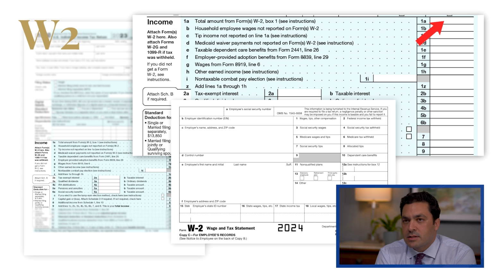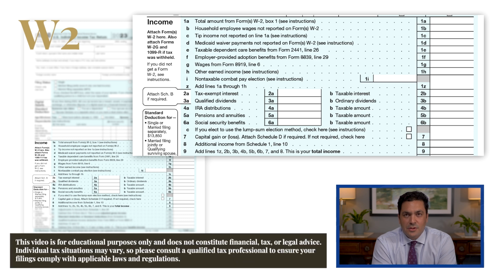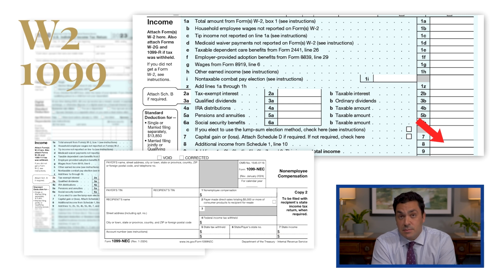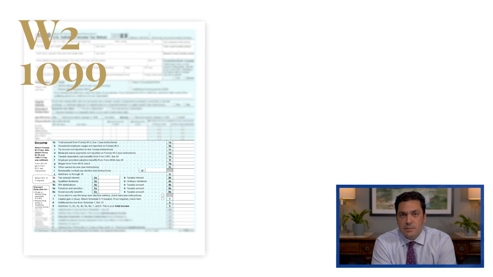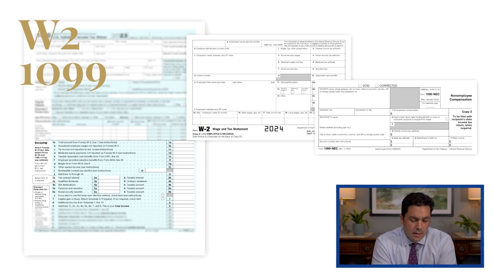If you're an employee, let's say you're the doctor and you're an employee at a hospital, you would have W-2 income. Now let's say you're also doing some doctor consulting on the side. You've got a private practice or you do just some at-home visits or something. You might have what's called 1099 income. This is income where you're not an employee, you run your own business, and taxes aren't being withheld, so you need to let the government know that you made this much income that hasn't been taxed yet. So those are the two big documents you need to get a hold of, all your W-2s and all your 1099s. There's other things out there.